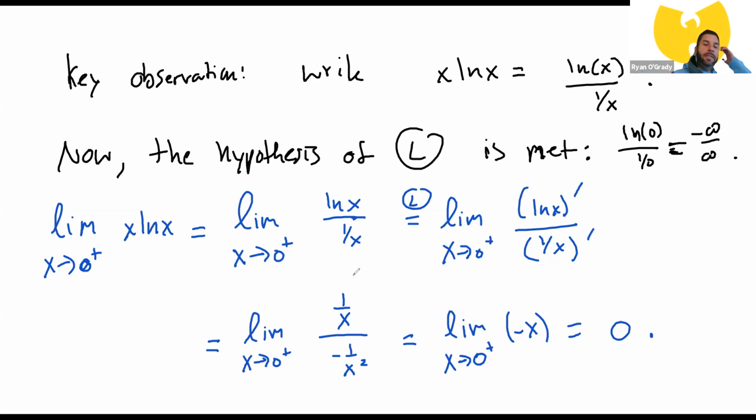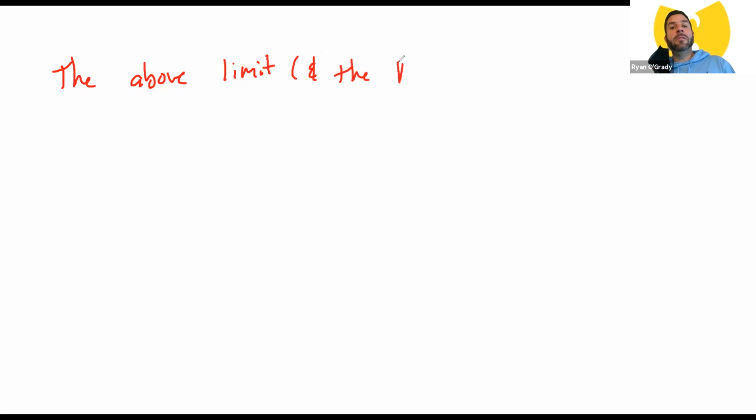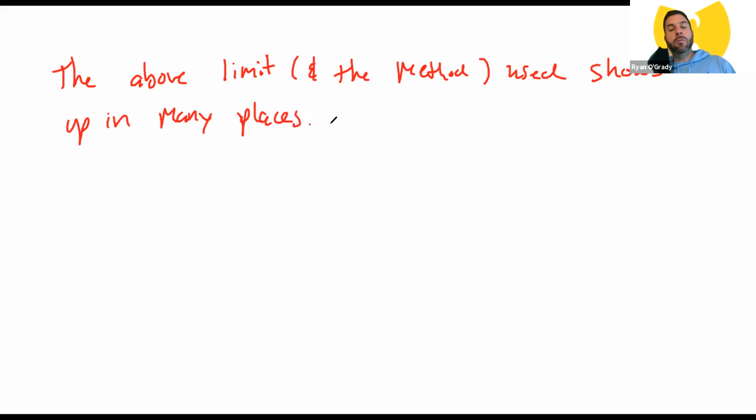So why is this a famous example? Well, because this sort of idea is used in many important limits. So the above limit and the method we used shows up in many places. So here's an example. Before we do it though,